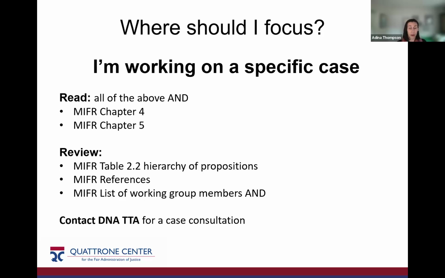Other places to dig in are the references for additional literature. If you are writing something and you need background, if you are looking for additional folks to educate you, dig into these papers. Finally, the list of working group members. There is a list of experts who worked on this report, and if you were looking to engage an expert or otherwise talk to someone who's more deeply steeped in this, that list is a great place to begin searching.